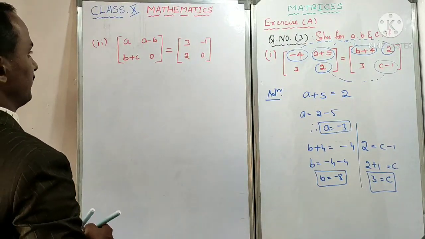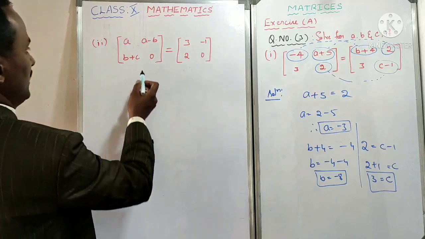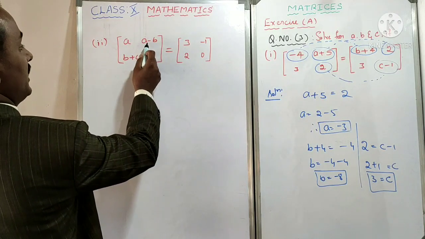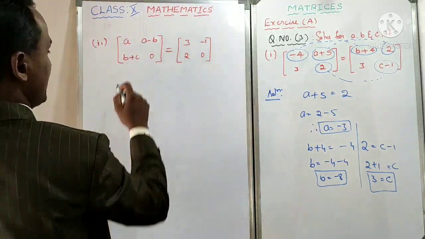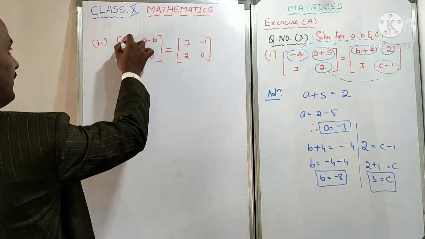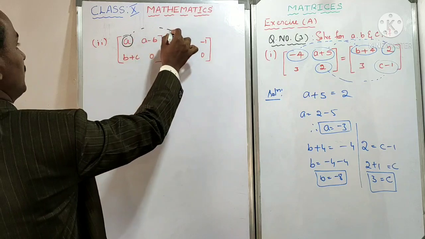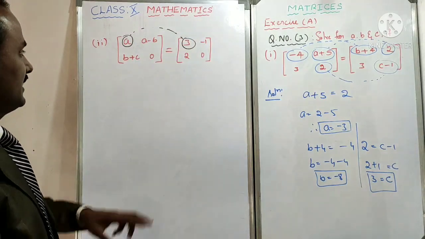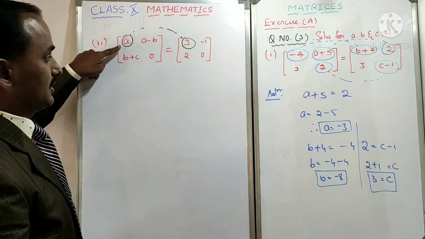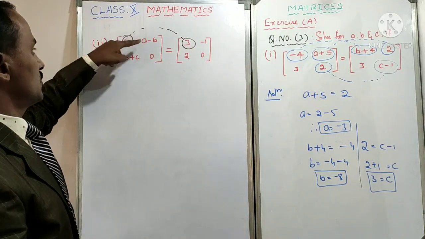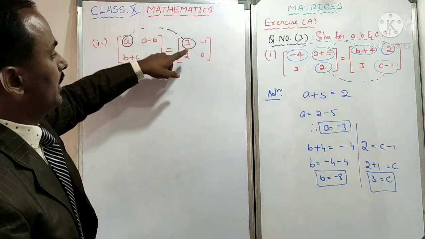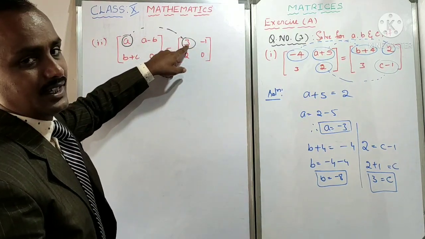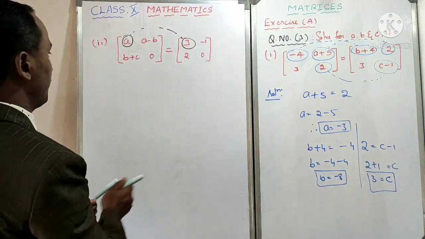I will continue. Observe here. Here I want the A value. See here, in the left-hand side matrices, the A element is there, and here also the A element is there. But here A minus B is there, only here A is there. So this one is equated to this element in the similar place. In the left-hand side matrix, the first row, first column corner element is equated to the second matrix's first row, first column corner element, 3. Understand? This 3 is equated.